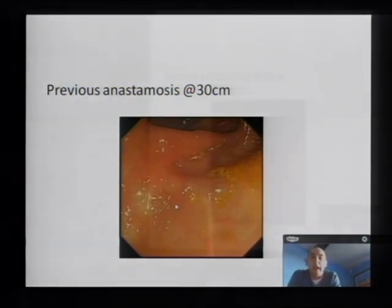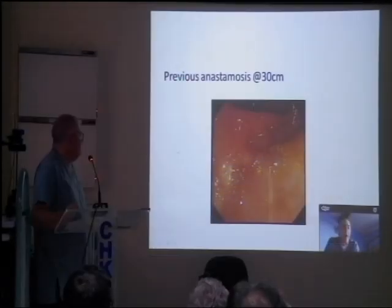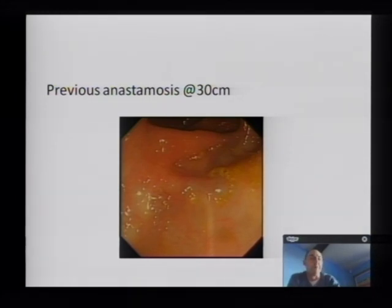And this is one of the other issues which is, as a surgeon, and Paul and I have discussed this a few times before, actually understanding measurement, and I'll come on to this a little bit more, one of my bugbears. But we've measured here his original left hemicolectomy anastomosis is at about 30 centimetres from the anal margin. And the best way of measuring with a flexible endoscope is to actually place a finger at the anal margin on withdrawal so that you can get a fairly accurate measurement as to the distance, which can be very useful